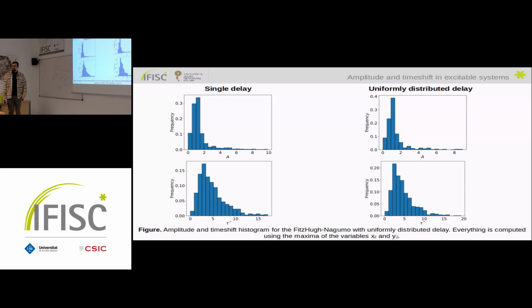Here is a little bit more complicated because you have distribution in both of them, but could you still say that in the uniformly distributed delay you can reach high ones? Because from the plots I cannot see, but maybe if you plot the mean value or something like that, you can still say that the one is more stable than the other. You can reach higher delays which are